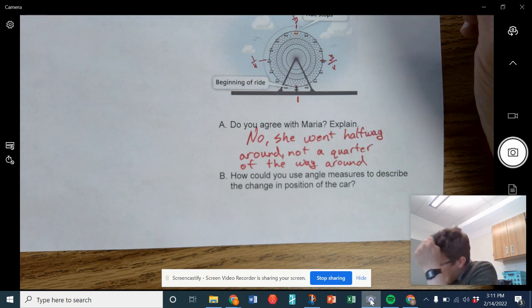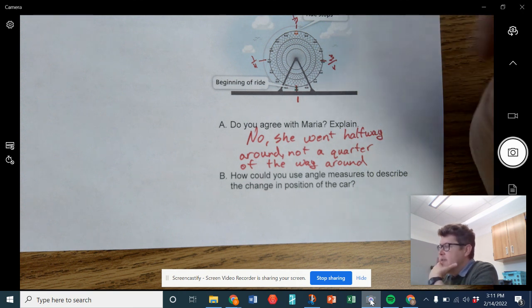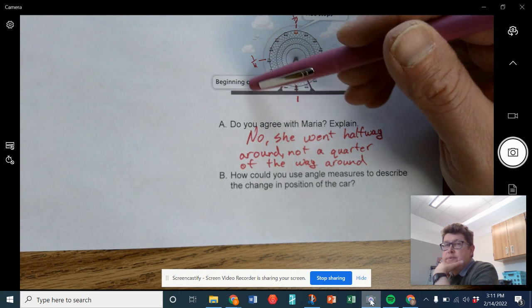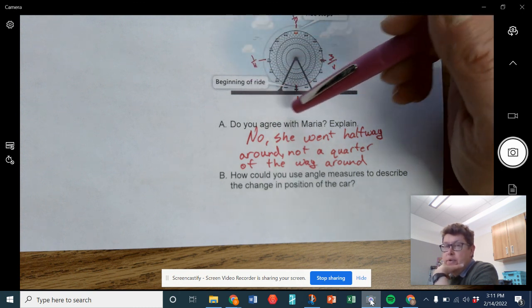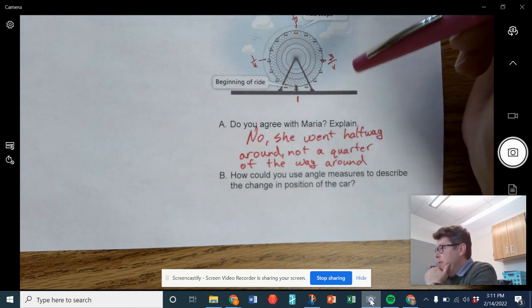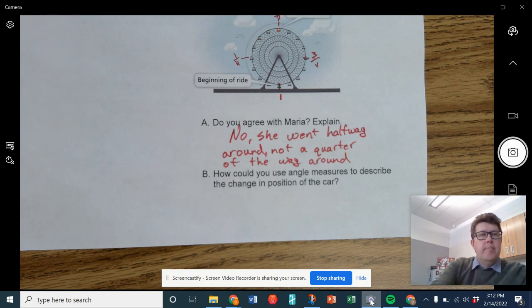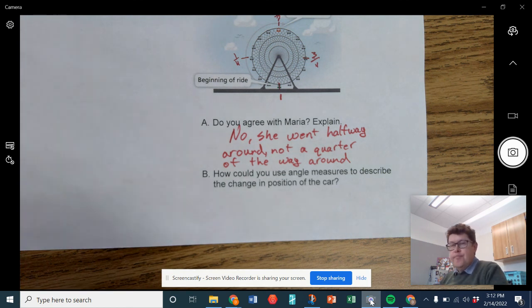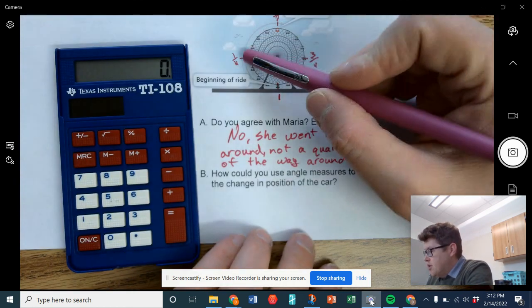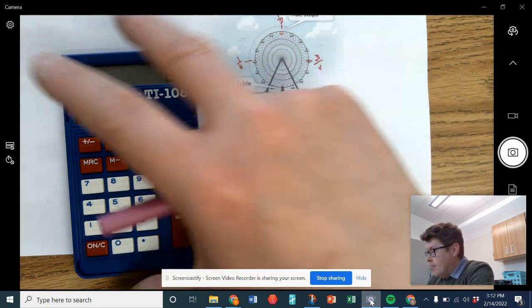Well, when we think about angle measures in terms of circles, right? And hopefully you are aware of this, but we measure circles in terms of 360 degrees around. Okay, so 360 degrees around is a circle, right? So that's kind of how we break it down. So if we think about these measurements in terms of that 360 degrees, we can break it down by saying, well,